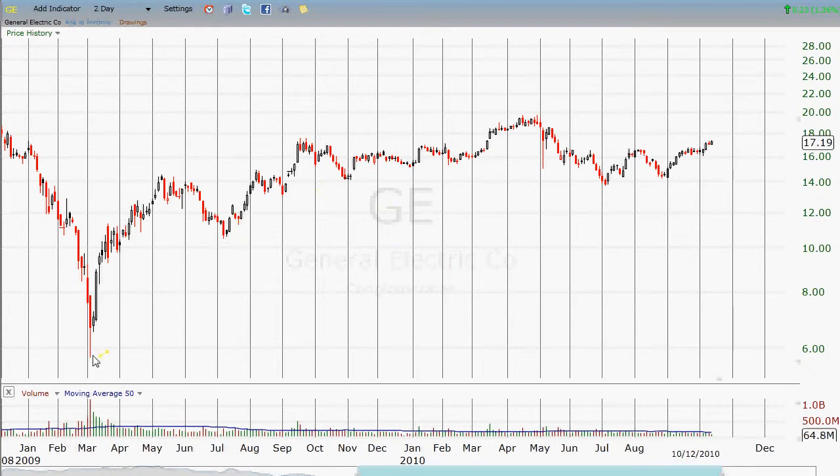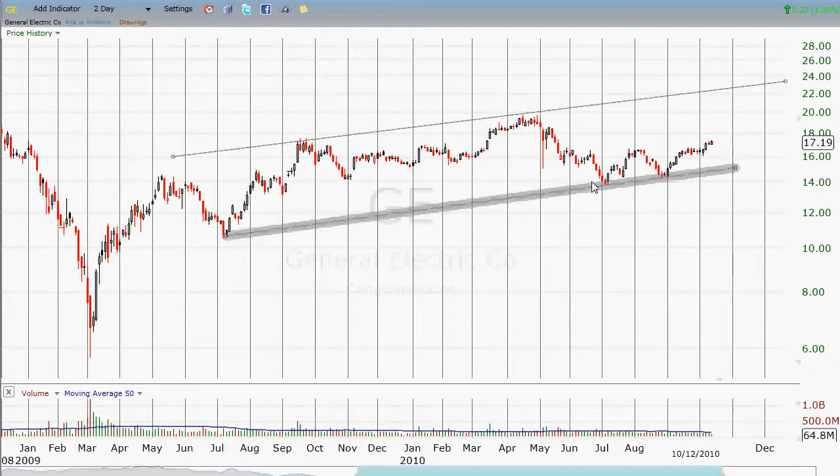First off, if we ignore this, don't get too fixated upon that kind of trend, which clearly cannot be sustained. If that could have been sustained by now, GE would be like, what, 80 or something like that. And that's just an unsustainable ascent. So what I'm doing is, instead of looking at that trend line, I'm going to the next dip. And I'm extending this out to here. You see, that actually ends up making a fairly nice parallel channel. I'm not saying that's always the right way to do it, but for me, if I have 1, 2, 3 touches on that bottom line and 2 touches on the top line, and those lines are parallel,